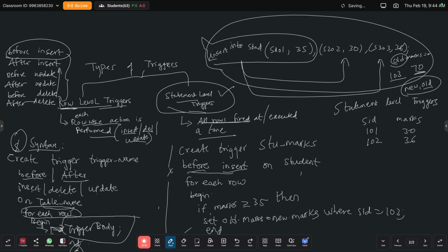Clear? And in the notes I have given you the difference between row level trigger and statement level trigger, which was asked previously in your final exam. So you need to go through that. Clear everyone? So this is what total about triggers. It is more than enough if it is asked for 10 marks. But you need to write all these operations also with examples, so that only you will get 10 out of 10. Otherwise you will not get any marks. Clear? Note it down.